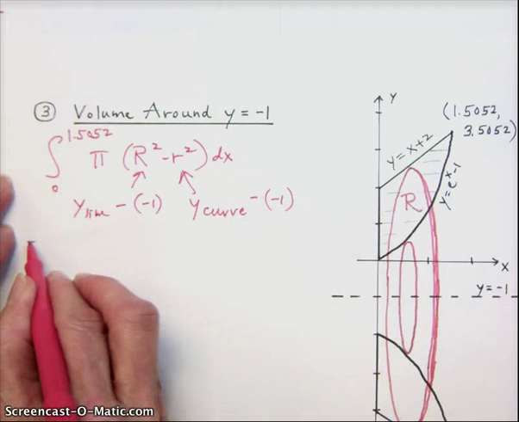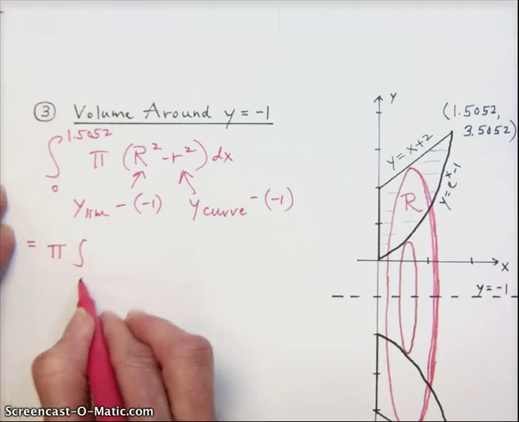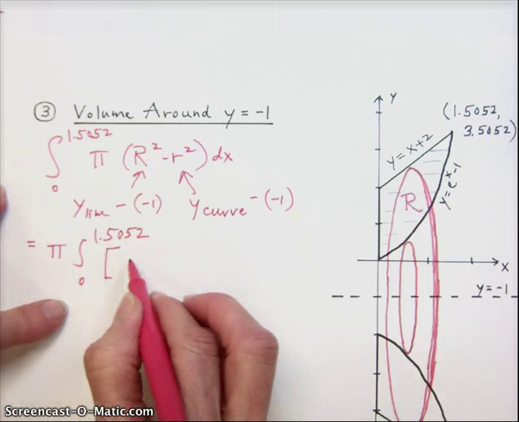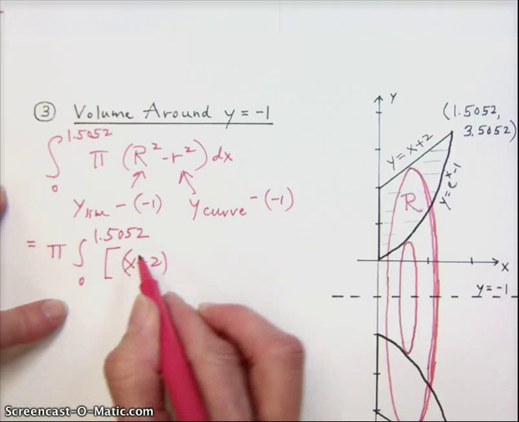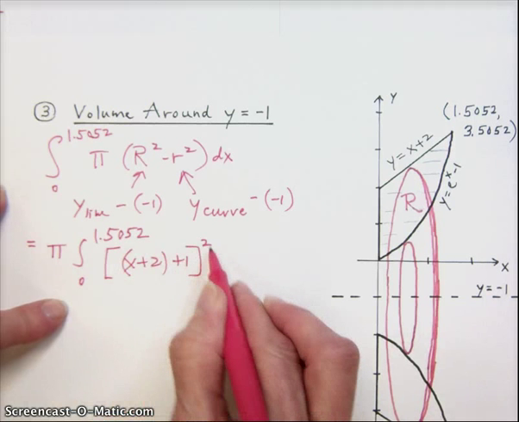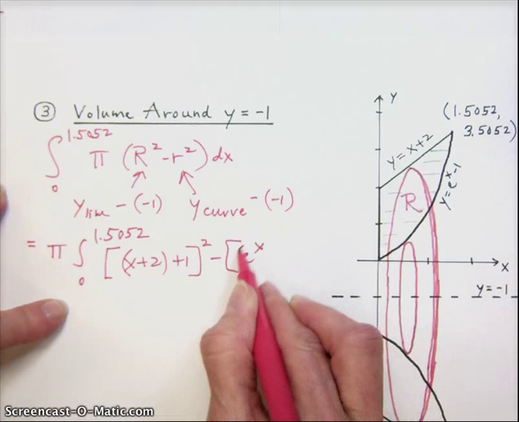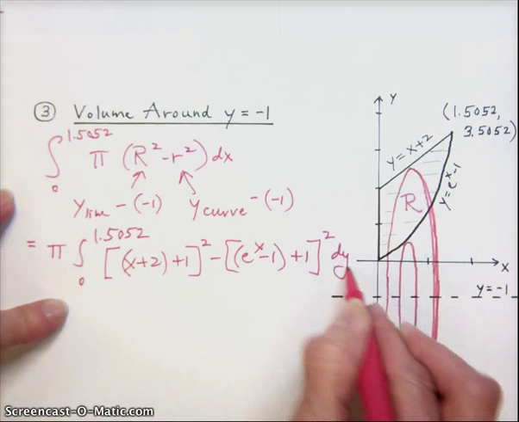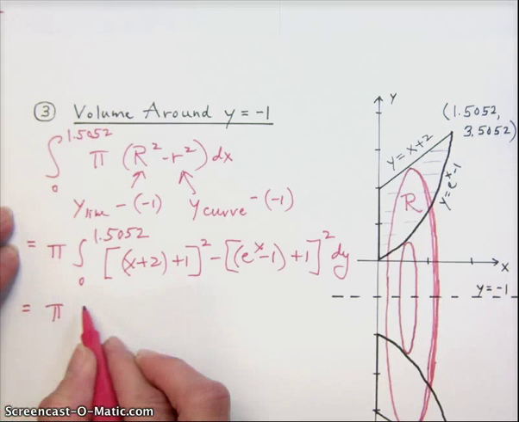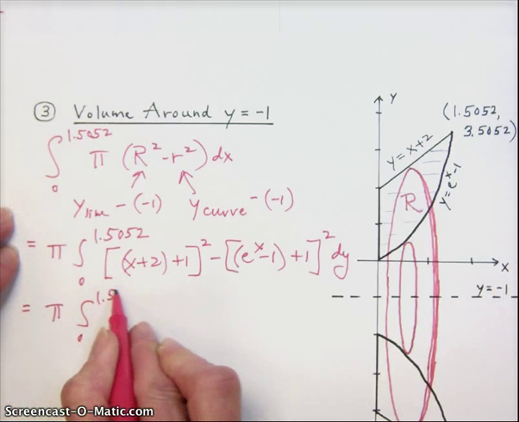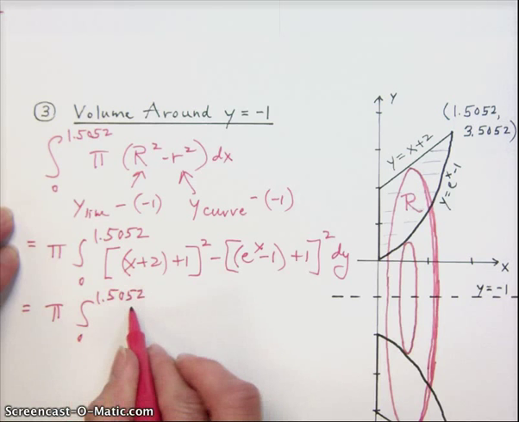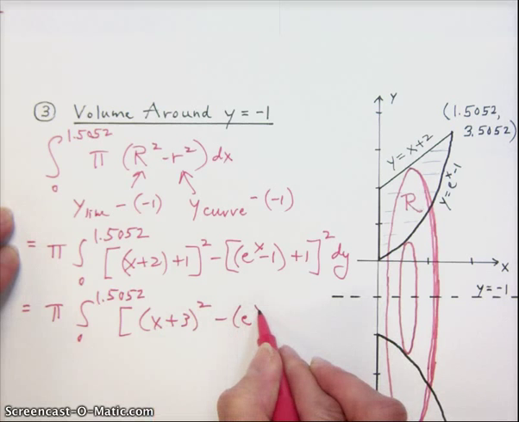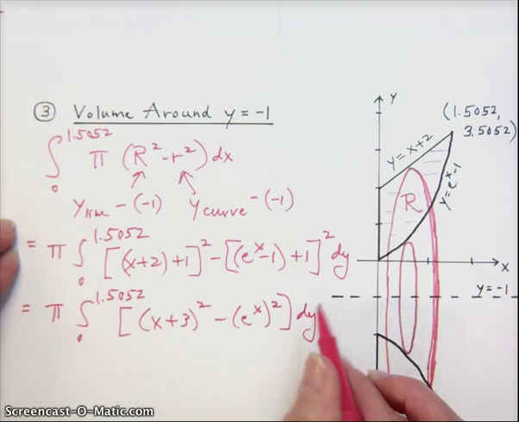So when we put that in our formula, we have pi integral from 0 to 1.5052 of x plus 2 quantity minus the -1 has the effect of adding 1, squared, minus e to the x minus 1, again adding 1, extending that radius. And cleaning that up, we have pi times the integral from 0 to 1.5052 of the quantity x plus 3 squared minus e to the x quantity squared dy,